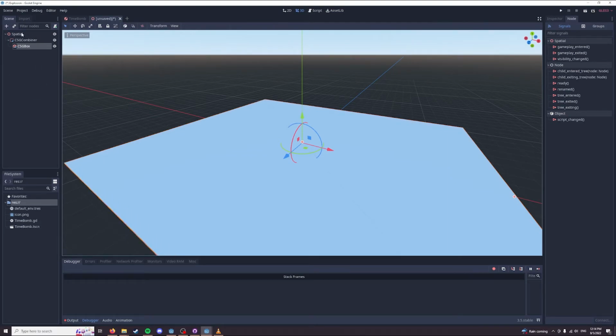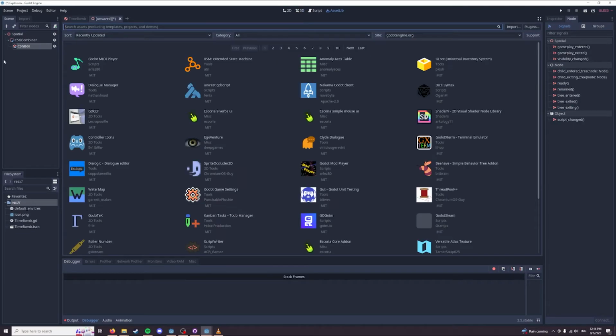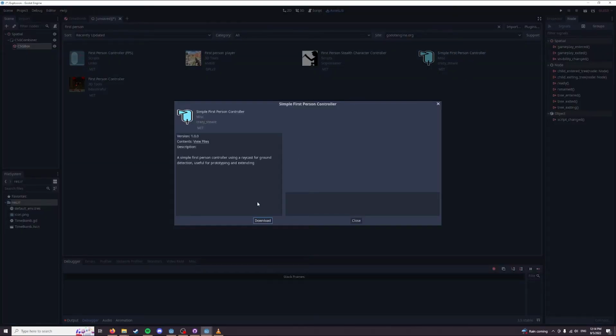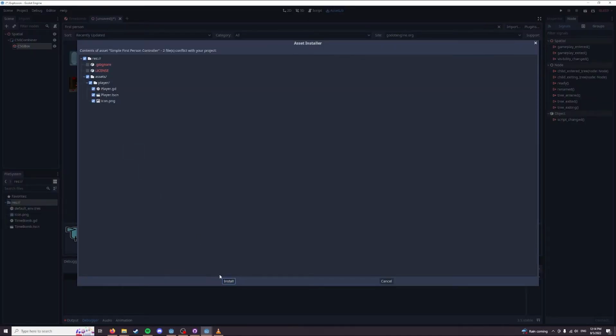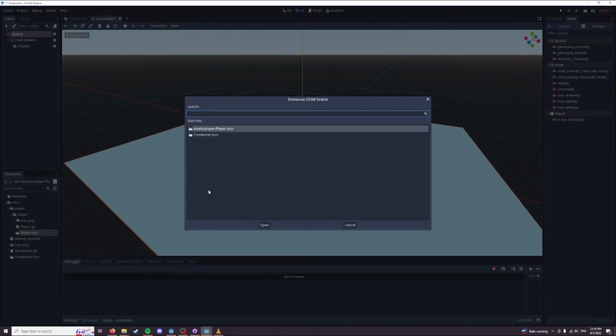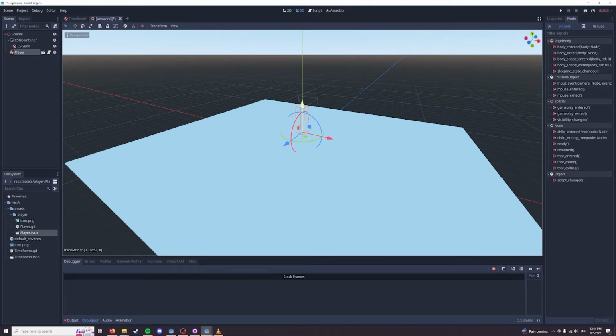Okay, cool. And then if you go to the assets library, I believe, what is it? First person, simple first person controller. There's this nice little add-on someone already made that's all prepared for us, and you can just download that, install. Okay, and that adds this handy little scene for us that we can instance as a child scene to our main scene. And so now we've got this player object here,